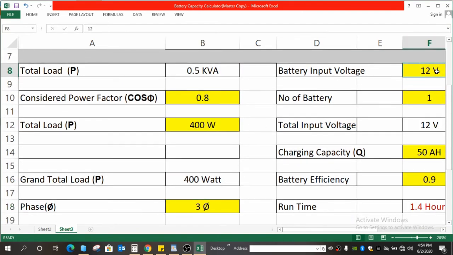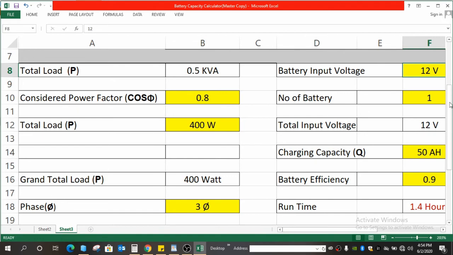First thing is, what is the input voltage? On every battery you will know the battery input voltage as it is written on the battery. If you don't get that, then Google with the battery model number so that you will get the whole specification set. In that you will get the battery input voltage. And for your knowledge, input voltage is the voltage used for charging of the battery, not for discharging of the battery, that is output.